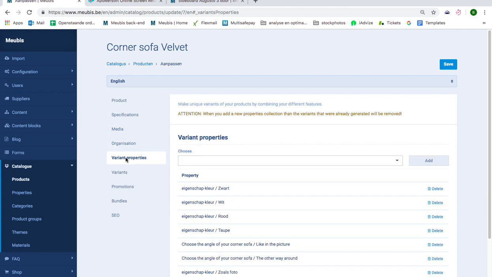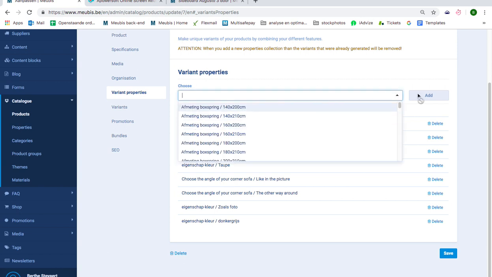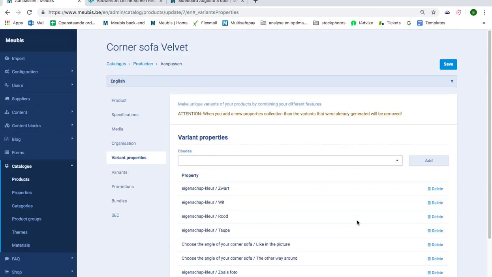Then we can go to variant properties. And this is if a product is available in more than one color or in more than one size. So it's the same product, but it's just 20 centimeters larger or 20 centimeters higher. You can add it as a variant property. So it will still be collected under the same product, but you'll be able to customize it a little bit. The customer will be able to choose the color or the size, and we add these variant properties here. So you just choose them from a list. If you choose them, you can add them. It will be done here, and then it's important to save before you continue,